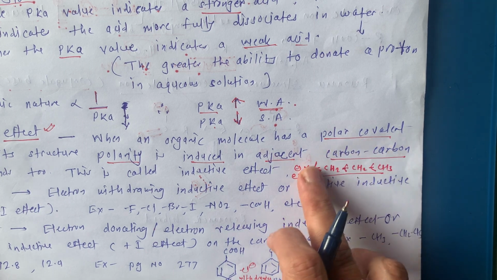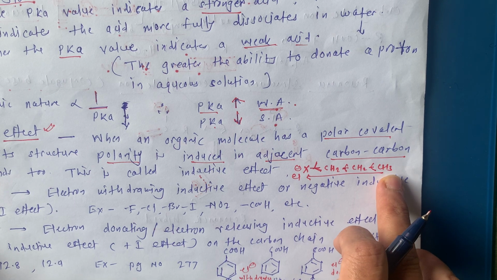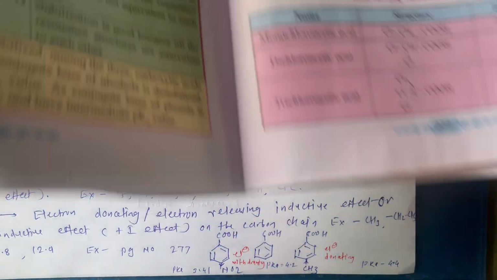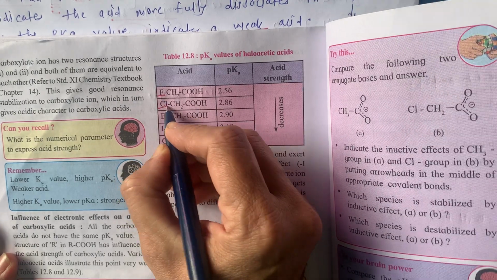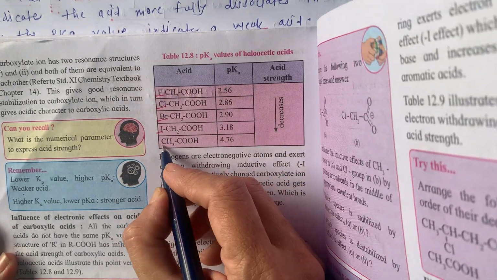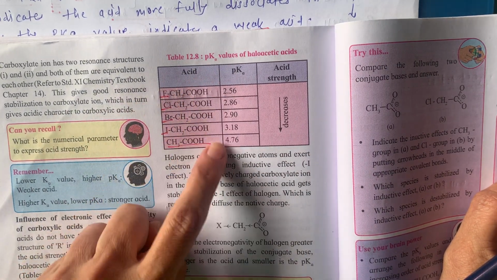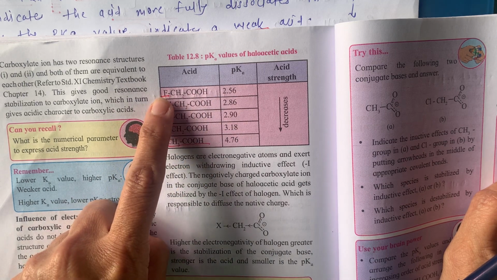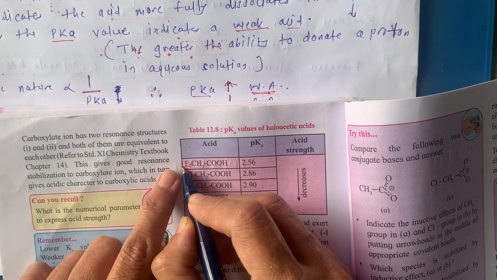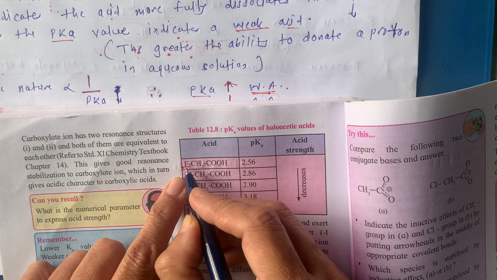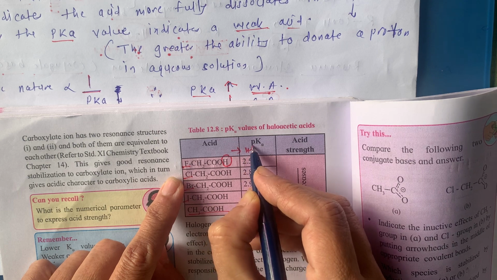Now here, for example, I have just taken the simple alkyl group. But in case of acids, like this is given in our textbook, here it is fluorine attached, then chlorine, then bromine, then iodine, and here it is just the simple carboxylic acid. Now this is the example with the acidic carboxylic group and the electronegative halogens. Then what is going to happen? See here, this fluorine is highly electronegative, which means it is going to pull more electrons towards it, and this H is very easily dissociated as H plus.